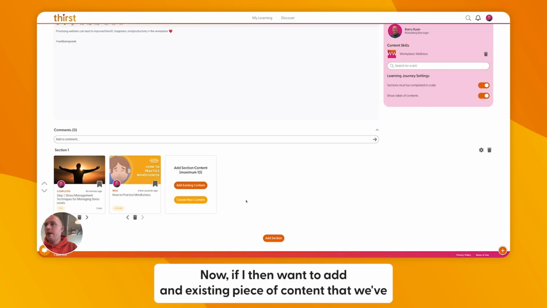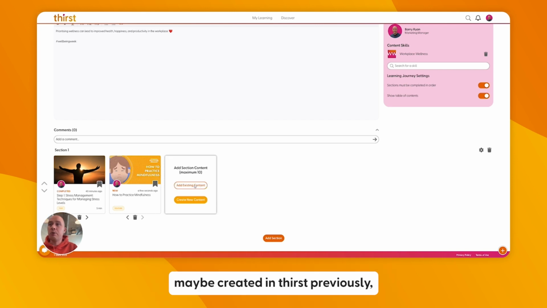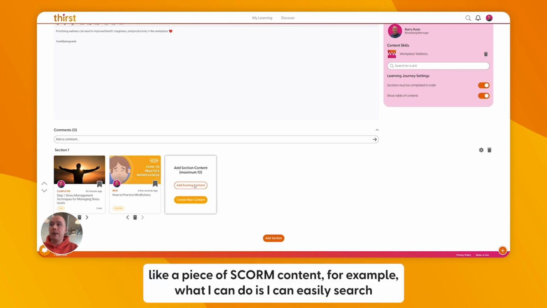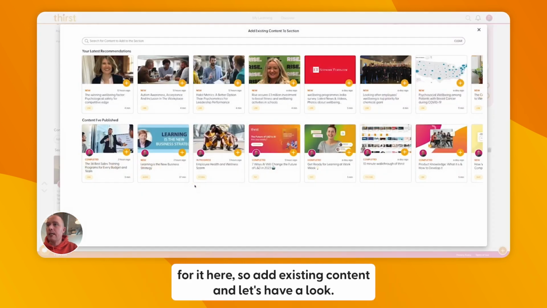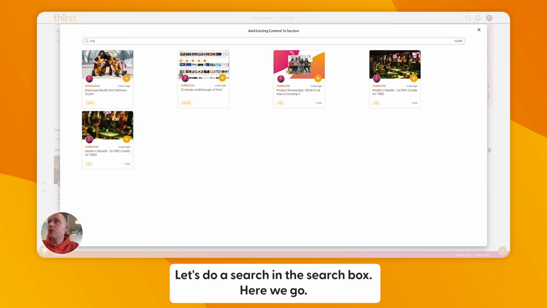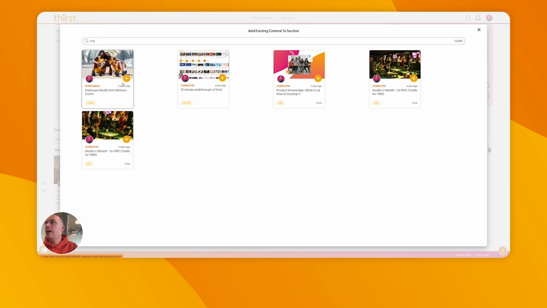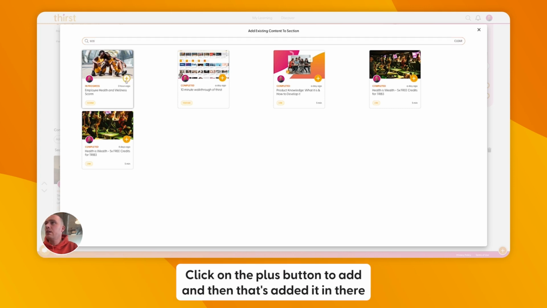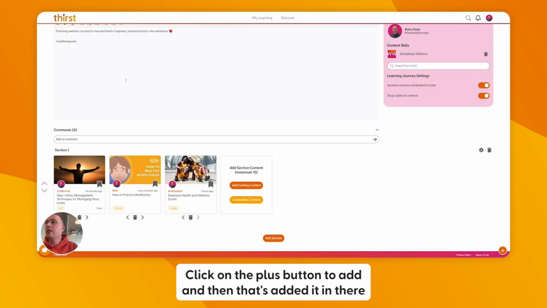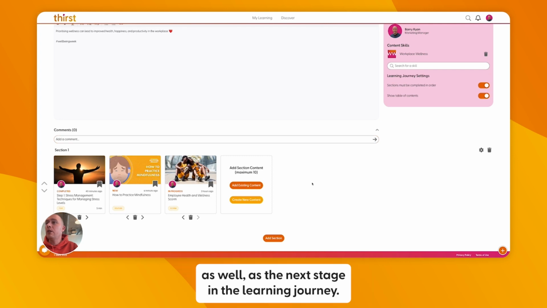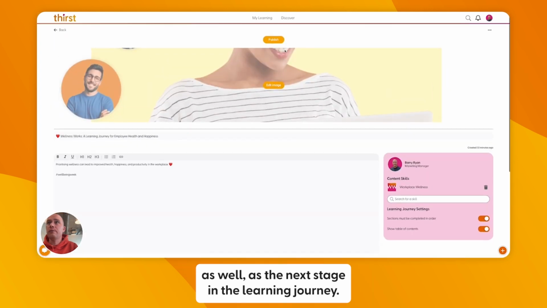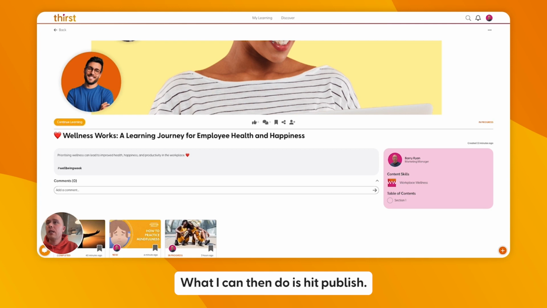Now, if I then want to add an existing piece of content that we've maybe created in First previously, like a piece of SCORM content, for example, what I can do is I can easily search for it here. So add existing content. Let's have a look. Just do a search in the search box. Here we go. This is our employee health and wellness SCORM content that we can share. Click on the plus button to add, and then that's added it in there as well as the next stage in the learning journey. What I can then do is hit publish,